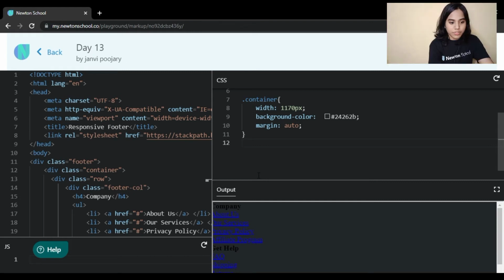A background color, then I will target my ul and say list style as none.